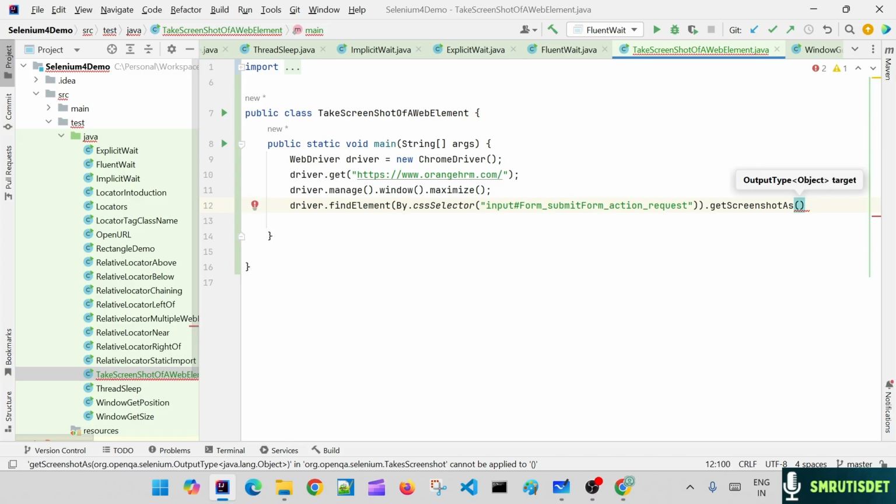OutputType is nothing but an interface which is available in Selenium. Okay, so now you have to store it. So, equals to, how will it be stored? It is a file, right? OutputType dot file I'm saying. So it is a file type you have to store. So File, let's say